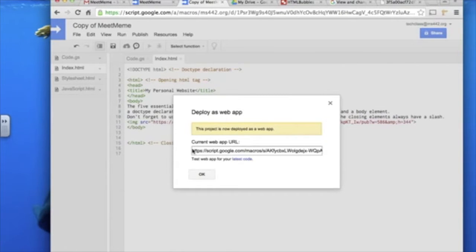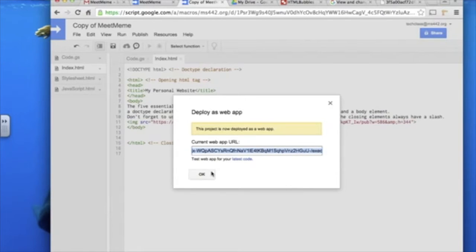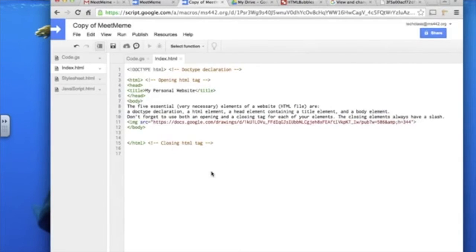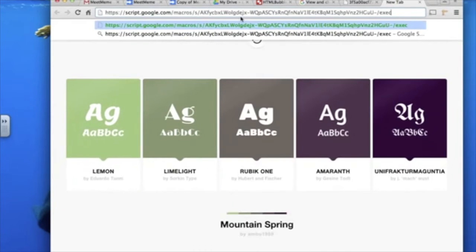Now, this URL is the URL of a live website that you have just created. If you highlight this URL, you can either press Command and C to copy or Control click to copy. Click OK and open a new tab. Paste the URL in,